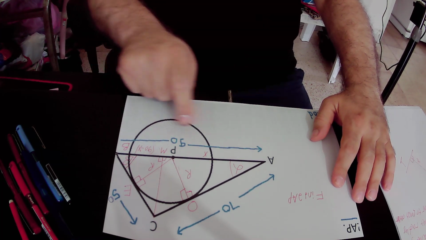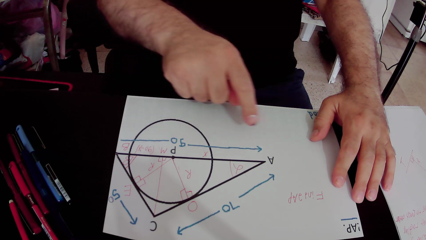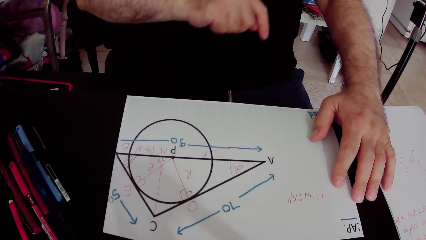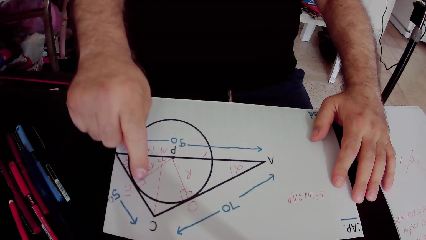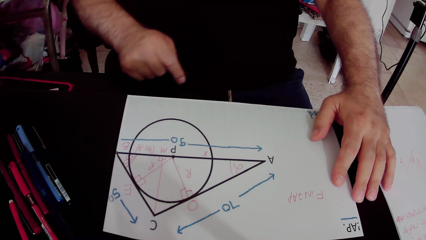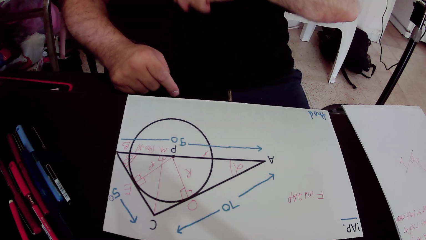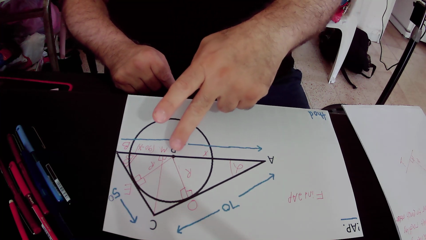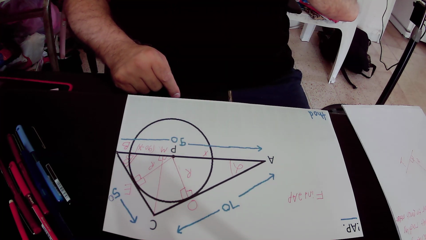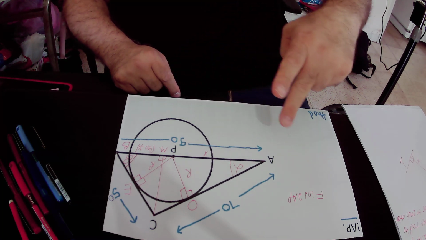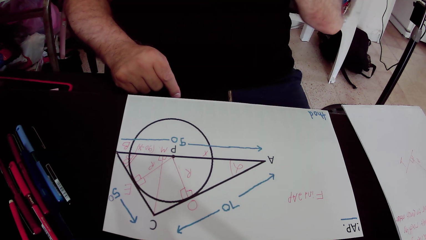Side AB of the triangle equals 90 units, side AC equals 70 units, and side CB of the triangle equals 50 units. And we also have a circle. The center of this circle is point P, and the point P is situated on side AB of the triangle,